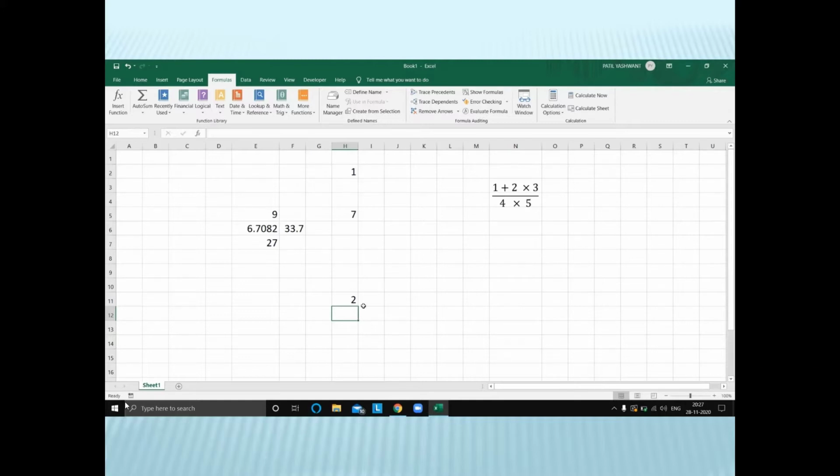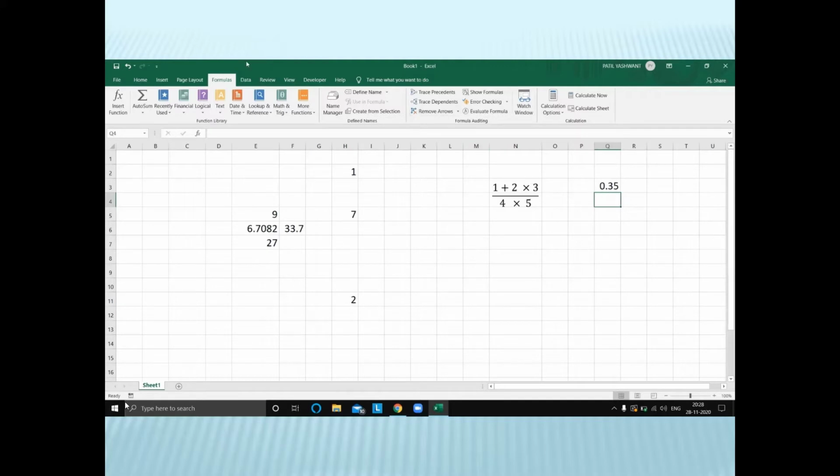Now I wanted to show you something really useful when you're using Excel syntax. On the formula tab there is Evaluate Formula. Now for example this is an equation. In Excel syntax it would be written as equal to, in brackets 1 plus, again in brackets, because Excel follows a certain order, 2 into 3, and then close the bracket and then divide by again a bracket 4 into 5. There we go, we get the value as 0.35.